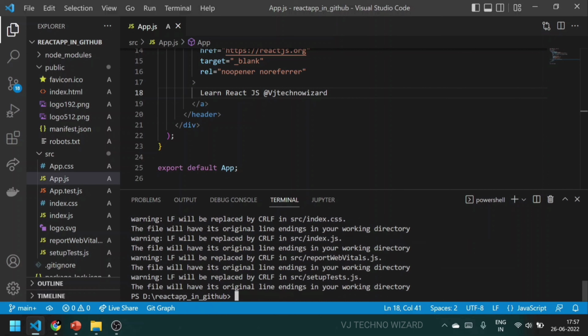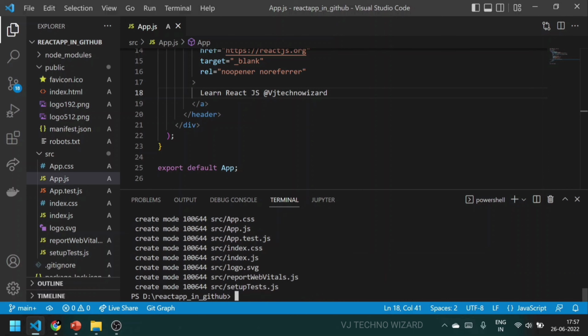Okay, now we are going to commit. Commit means we give a confirmation to Git to add all the files into the repository. Okay, git commit -m "update it all files". This command is helpful for other developers to know what we changed or what we updated in the code. Okay, now I'll type git